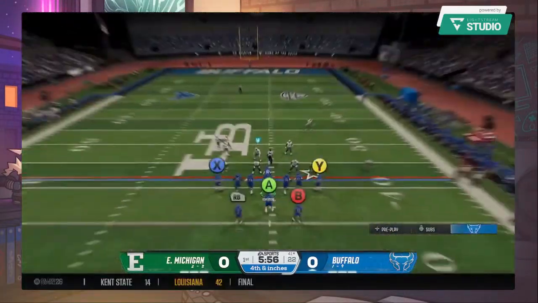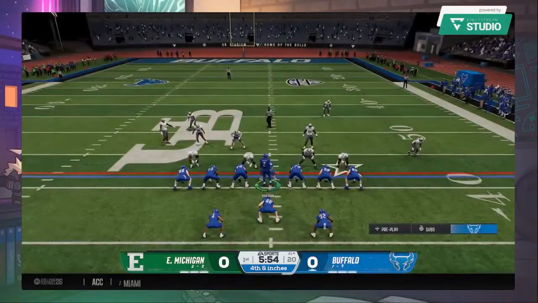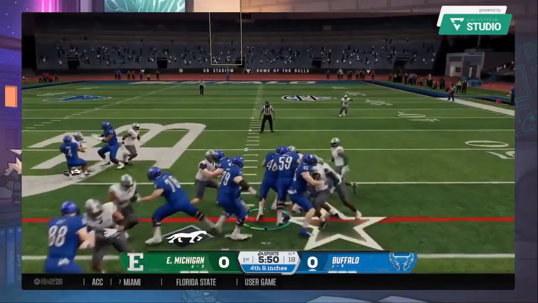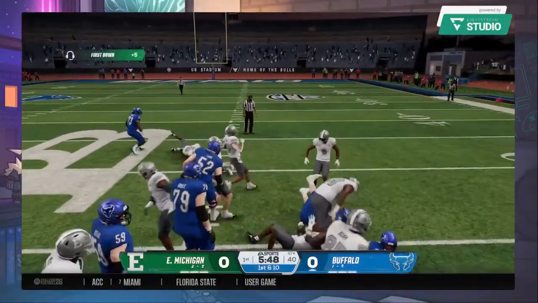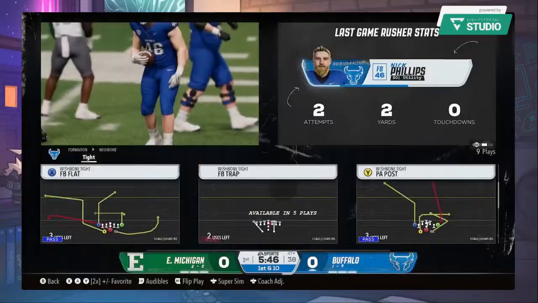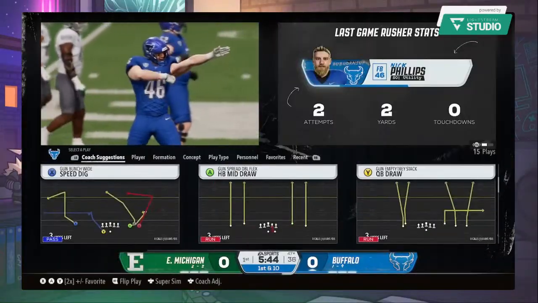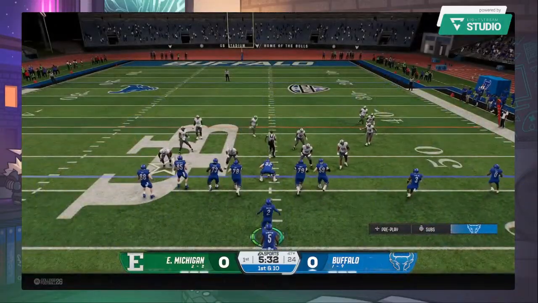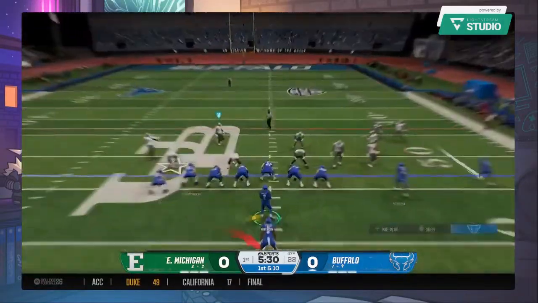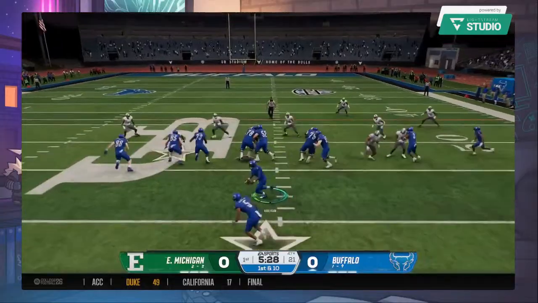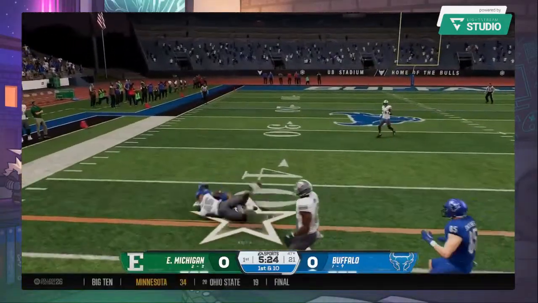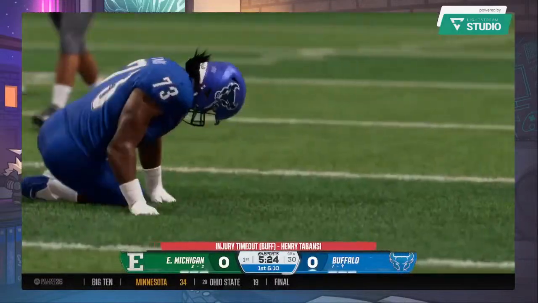So in their own territory, on 4th and inches, the offense will stay on the field. Run it with the fullback. Runs through a tackle. Dragged down, but they'll move the sticks for a first down. Well, how's that for being aggressive? Early in the game, 4th down, in your own territory, and you go for it. And then your offense is able to come up with the big play, generate a ton of momentum, and stay on the field. That is impressive.